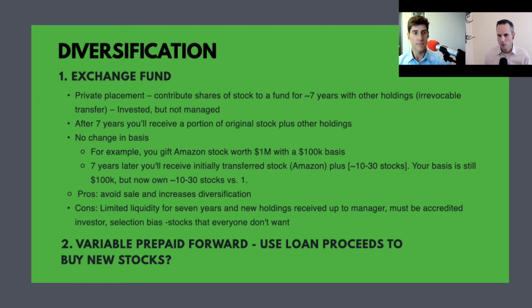So you want to have more diversification. And that's the next category. We're going to talk about options that you have here. Really a couple here. So this is a situation where you don't want to sell and incur those taxes, but you want to, instead